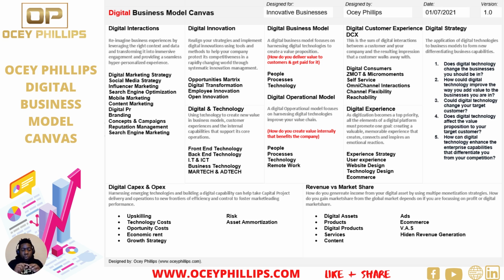ZMOT, that stands for zero moment of truth. And Google kind of defined what zero moments of truth are. So they coined a couple of moments, right? And they have changed their whole inbound model because of that. And those moments are, what are those moments of truth when somebody picks up a phone and Googles something? Is it that I want to buy? Is it that I want to know? Is it that I want to see? Is it that I want to be educated? Right? So when you search, those moments of truth could be how to do this, or where do I get this,